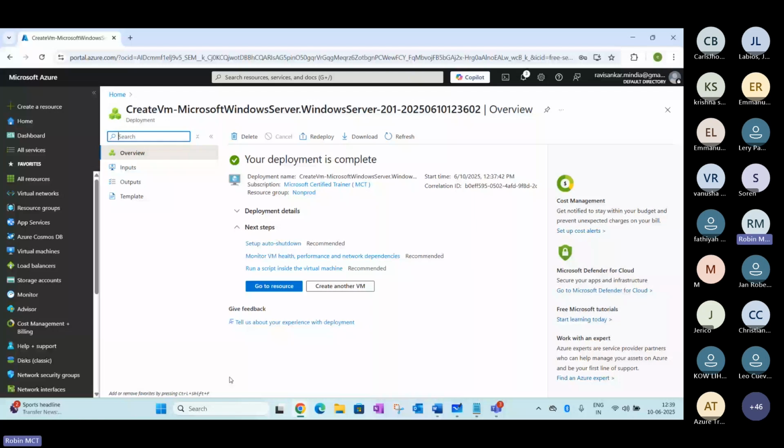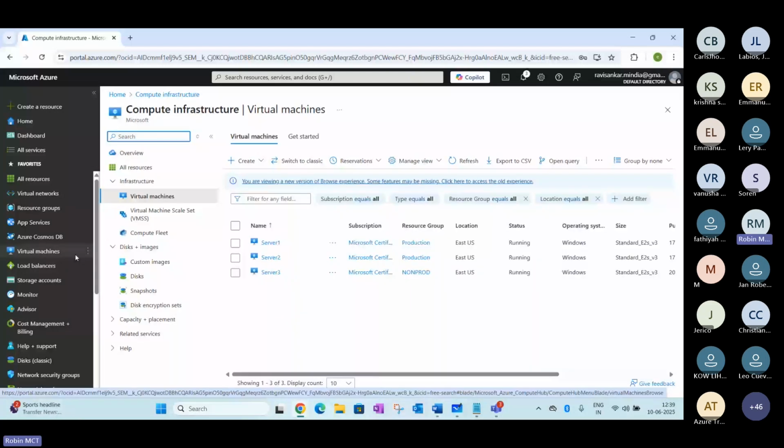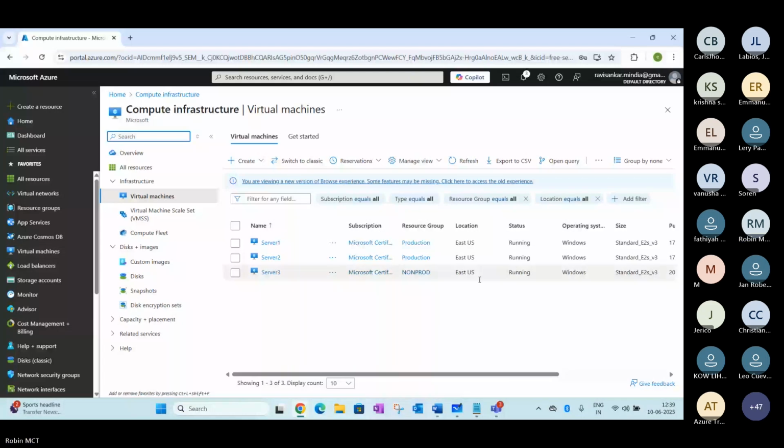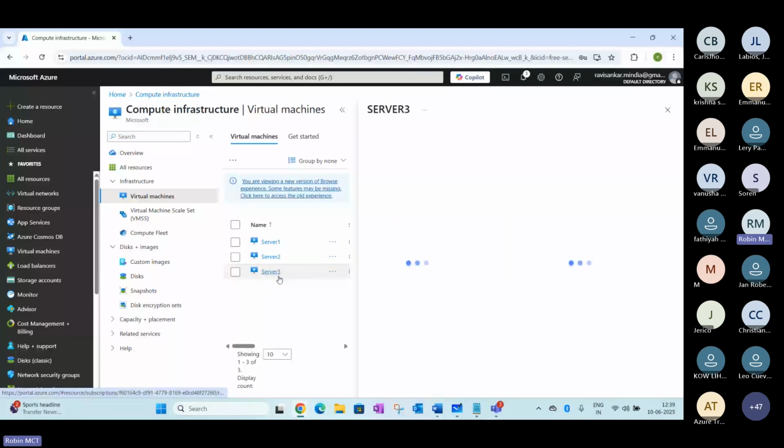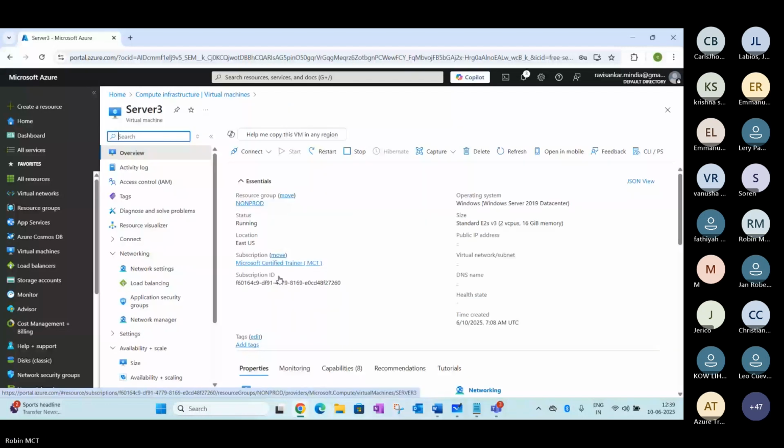It's been deployed here. Now, if you see, you have another resource, with the name we have given, server 3. Server 3 has been created in the east-west location. If you select it, server 3 has been configured in a different network here.